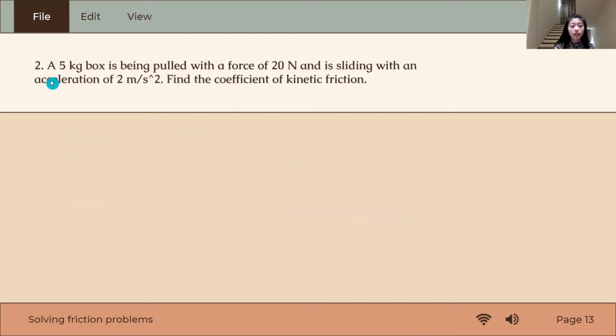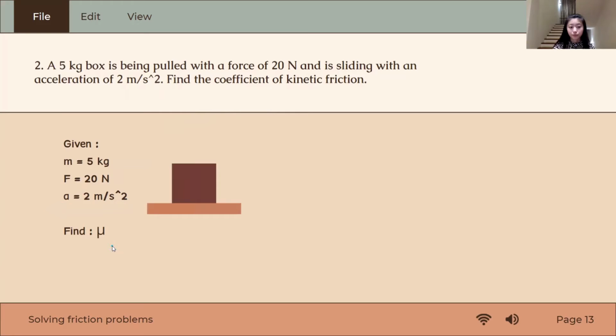Second question. A 5 kilogram box is being pulled with a force of 20 newtons and is sliding with an acceleration of 2 meters per second squared. Find the coefficient of kinetic friction. Given m equals 5 kilograms, F equals 20 newtons, a equals 2 meters per second squared, find